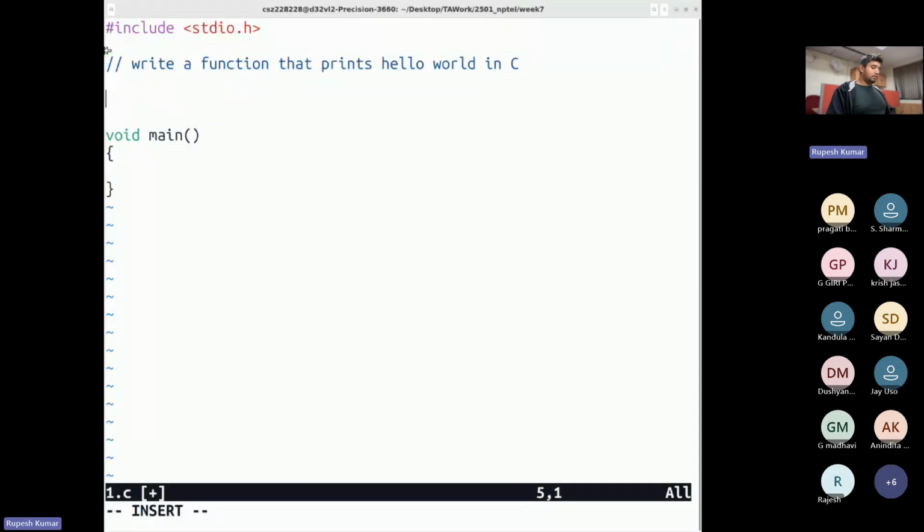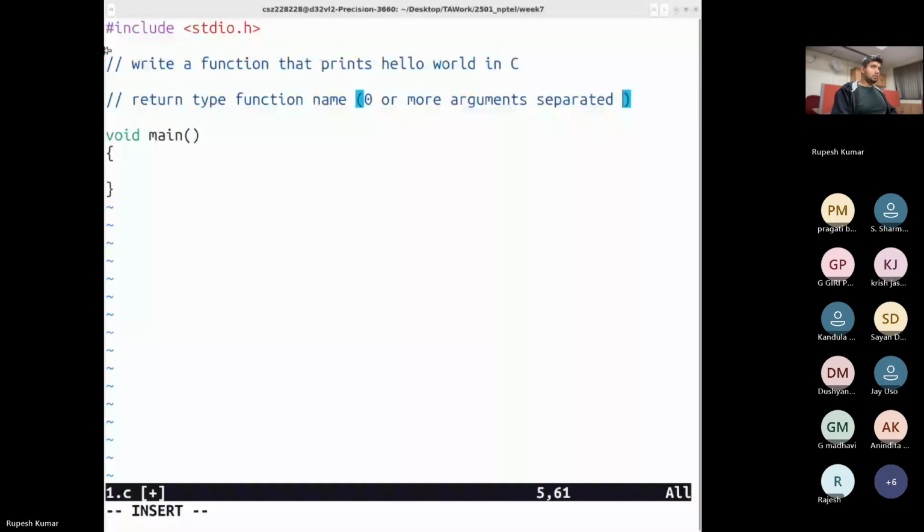This is how you declare functions in C. The syntax is return type followed by function name and then opening and closing brackets, followed by zero or more arguments separated by commas. Fine. And in the function declaration, you have to define the data types of the arguments also. So now we all know that we just want to write a function to print hello world onto the screen and do nothing else. It should not return anything.